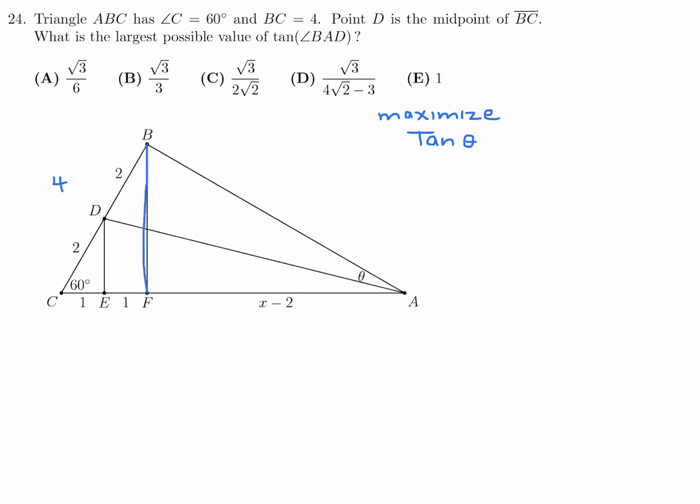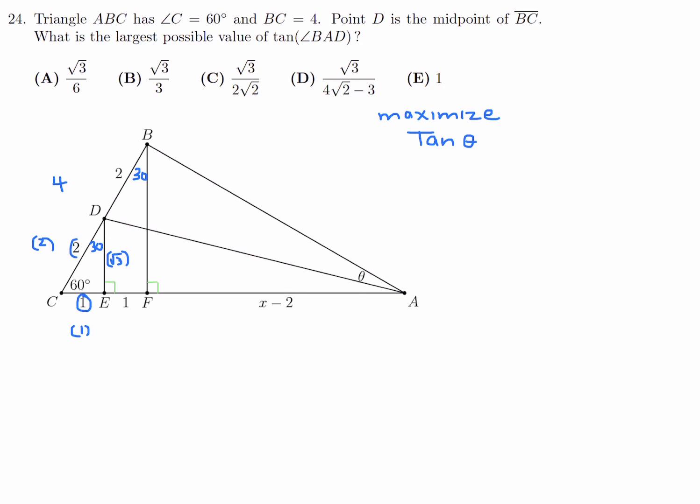And we will draw perpendiculars down from B to AC to meet at F, and another perpendicular from D down to AC to meet at E, and those are going to be right angles since they are perpendiculars. And since those are 90 degrees, this angle in here will be 30. And very similarly, since this is 90 and this is 60, this angle right here will also be 30 degrees. And we therefore have two 30, 60, 90 triangles, and since the ratio of the sides are 1, 2, and root 3,